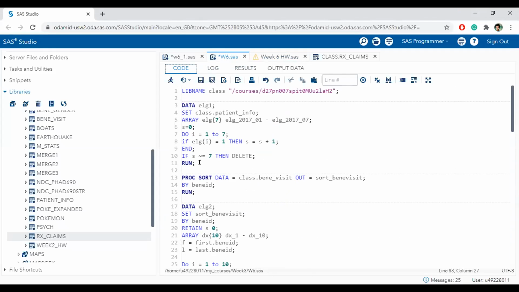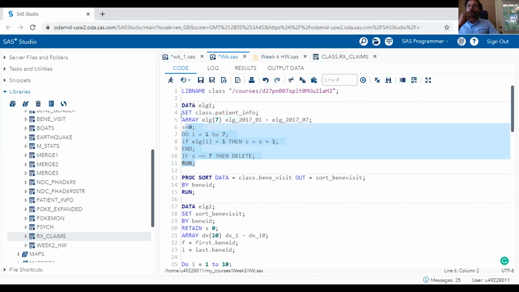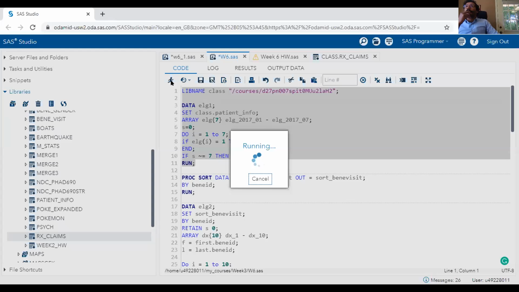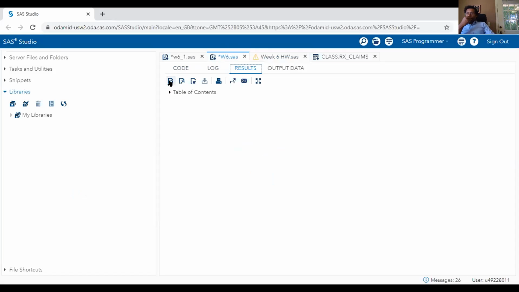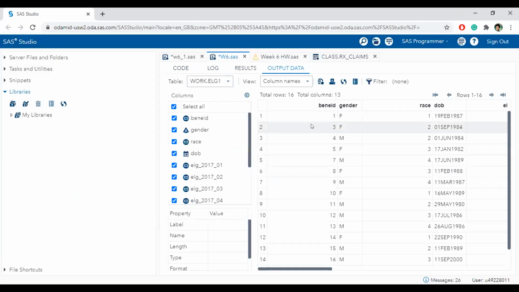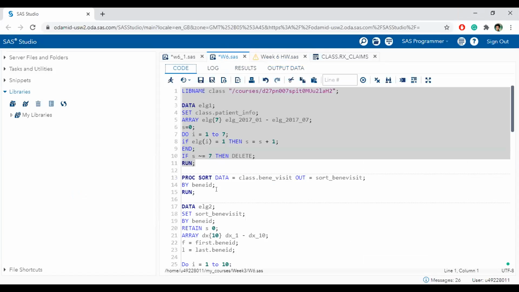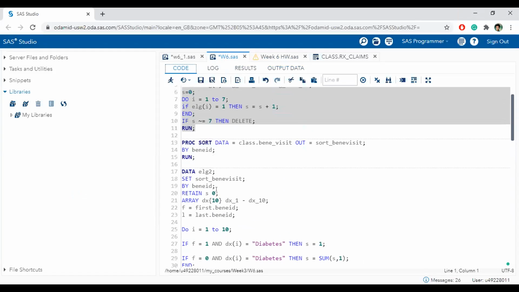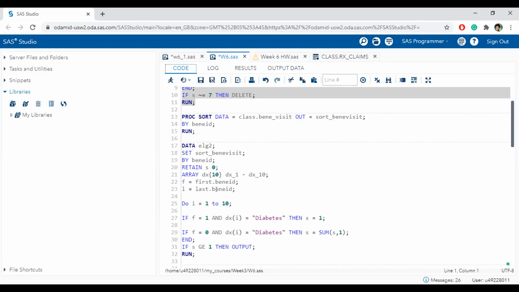Firstly, I just check the eligibility first. It came out fine. Let me run that too. Previously, we had 18 rows and 2 were not eligible, so it became 16. After that, I went for the second eligibility.